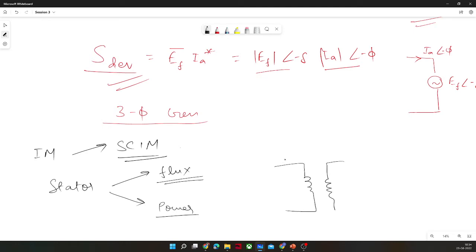Its current or power gets induced like a transformer. So we can control everything from the stator side itself. We don't need to take care of any other parameters from the rotor, because the rotor is maintained from the stator side only, since the stator is controlling both things. But in a synchronous machine,